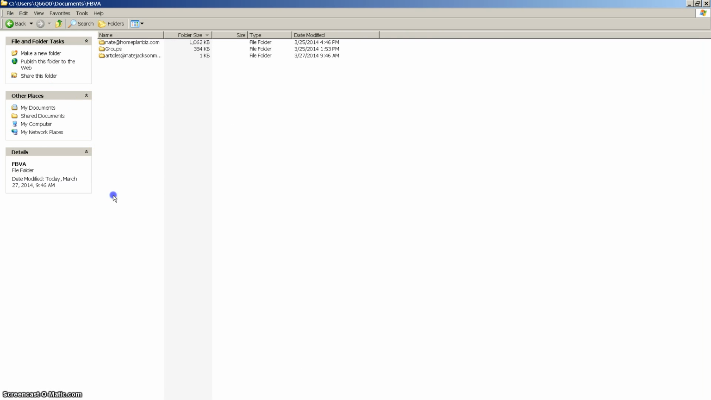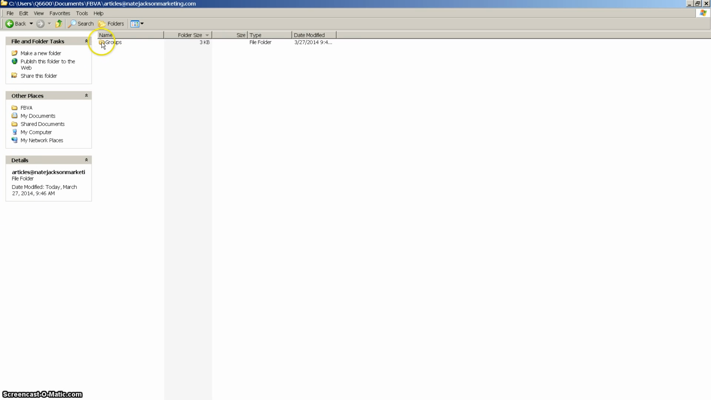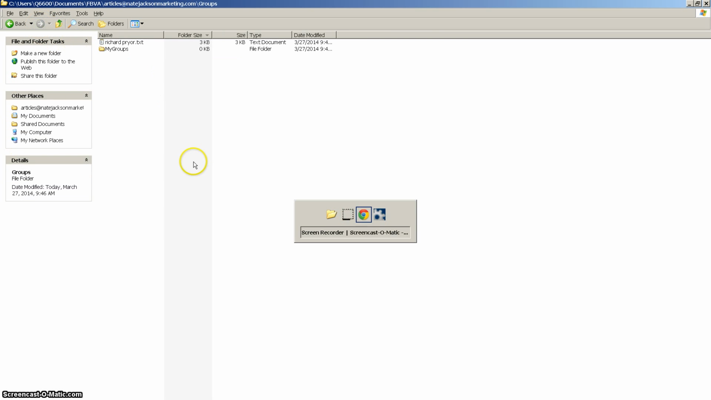So we're going to go to the FBVA folder. And now you see we have a new folder here that's the actual username of this account. So that's the email address of that account. And now we create the folder called Groups, and we have a file called richardpryor.txt. Also, if you are an existing user and you currently have your Groups folder, you can just move that folder into whatever account you're using. So just copy that and move it into the folder that you want it to be in. So we go back here, and the file is still